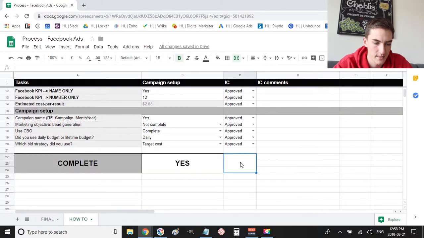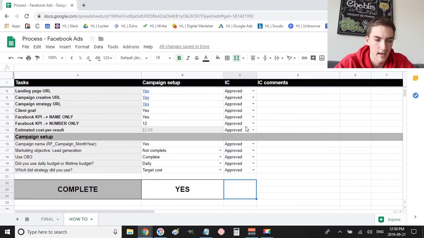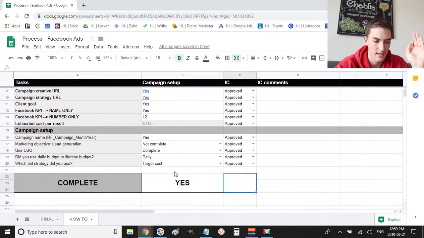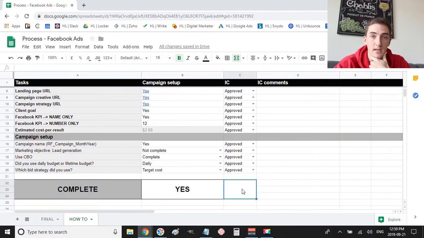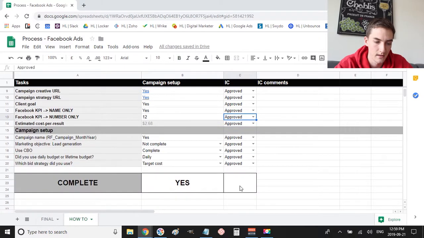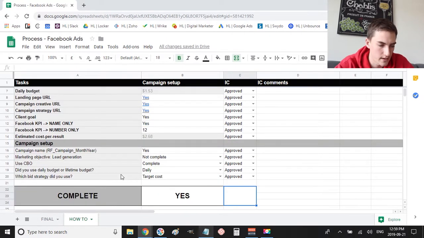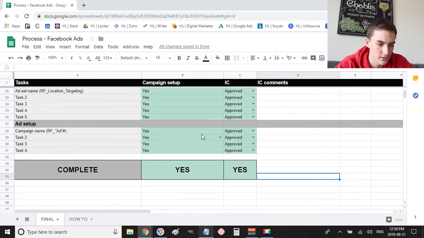So now what we want is for this cell to read either yes or no. And it's going to be a little bit different than this one, because this one we're saying if there is text at all in any of these cells, we want it to say yes. But in this case, it could read not approved, in which case we don't want it to say yes if there's simply text in it, because sometimes the text could signify that it's not complete. So instead what we want is to say this cell will read yes if all of these cells only have approved in it. So in order to do that, I'm going to go back to this demonstration sheet here